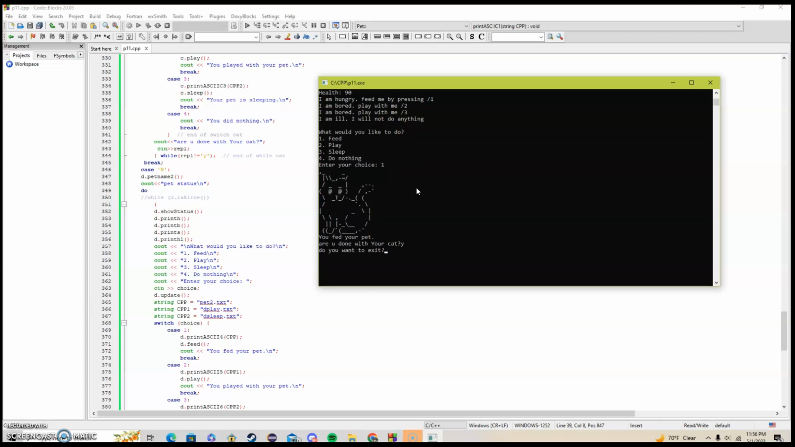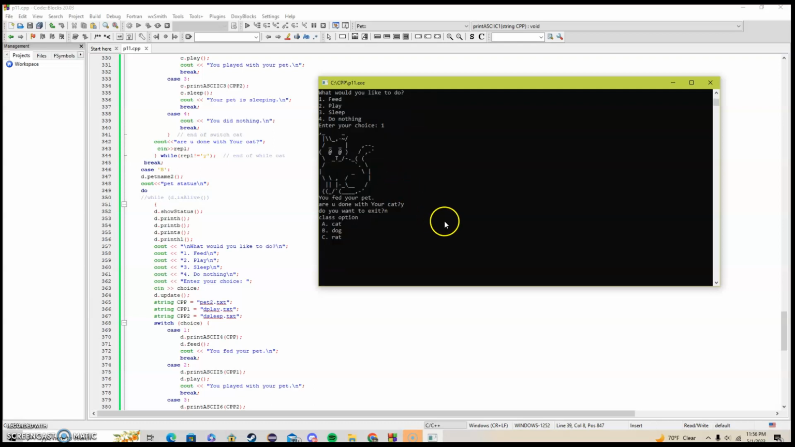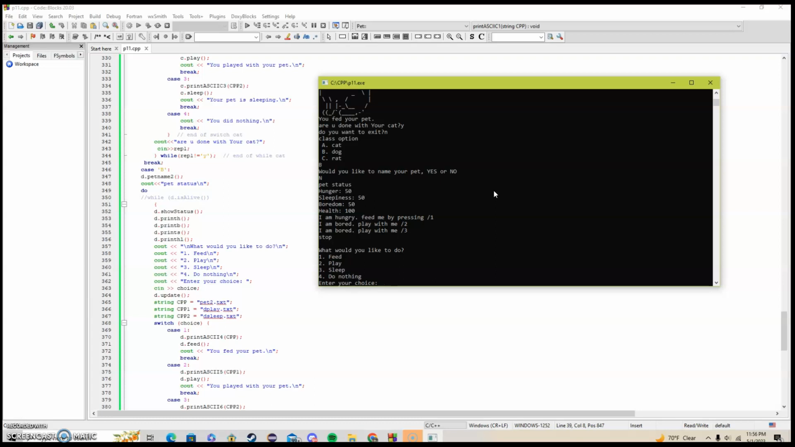Presents me with the option of exiting. I don't want to exit, so I press no. Then I'm presented with the option of doing other things. So press B to play with my dog. This time I don't want to name my dog. I just want to leave it unnamed. I'll press no. So it will just show me the statistics of the pet dog: hunger, sleepiness, boredom 50, and